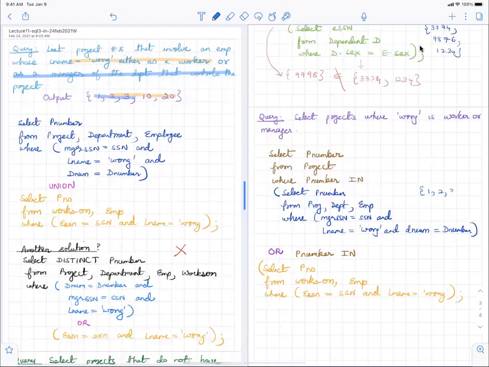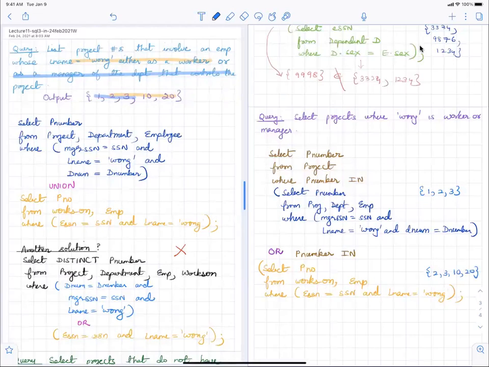And for this, it was where he's a manager, I think, was the one where it was 2, 3, 10, 20. I don't have that sheet in front of me.